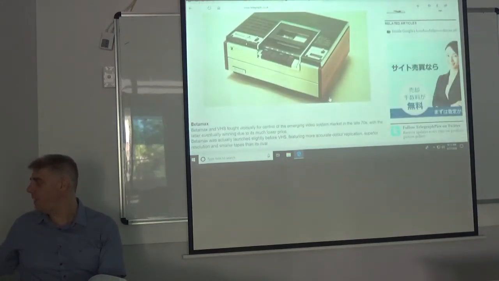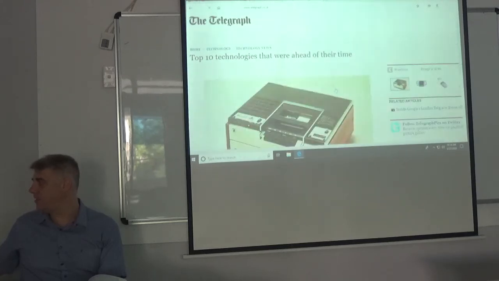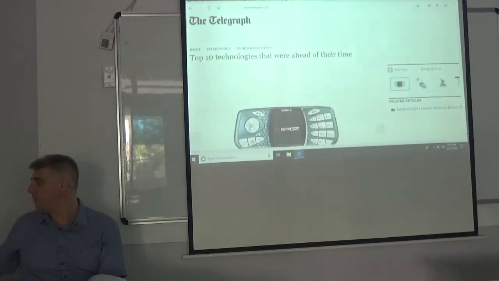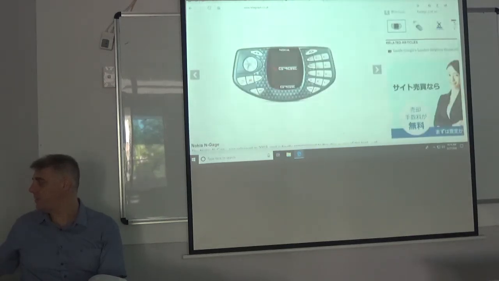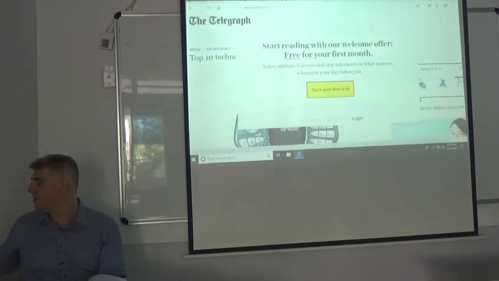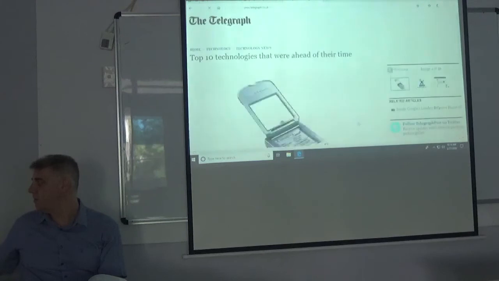Look at that one, the Betamax. That's the one I was talking about. So the Betamax was a better machine than the VCR. This one is some kind of gaming system that Nokia made in 2003. It was kind of ahead of the Game Boy. And they had the right idea. They knew what people wanted. But then,